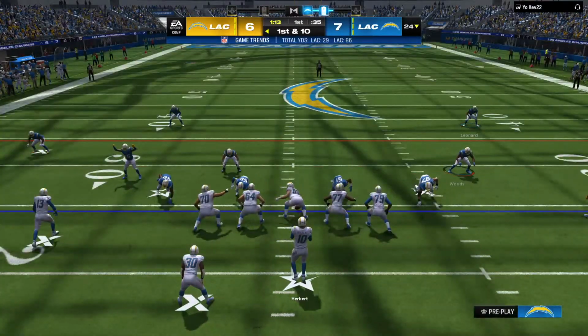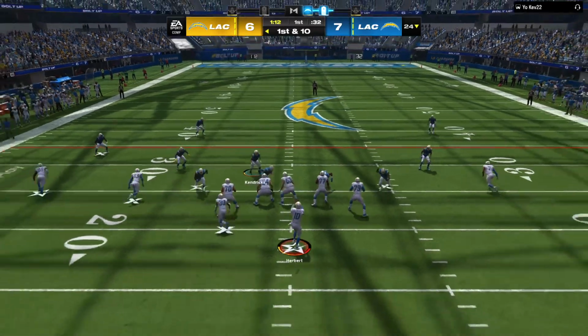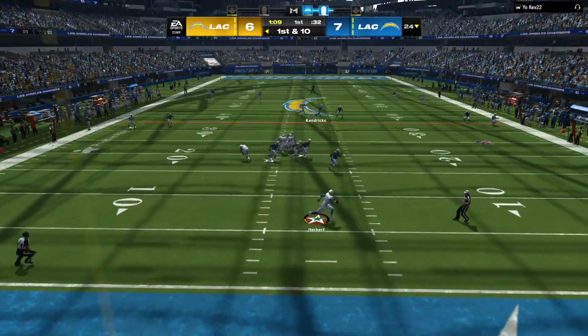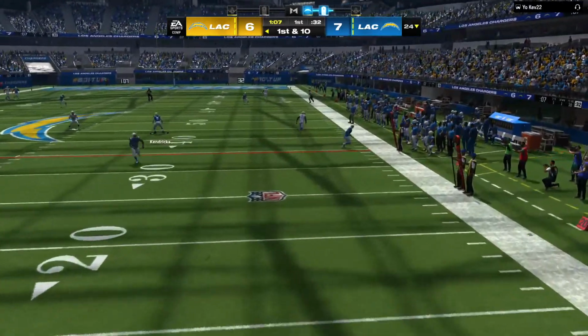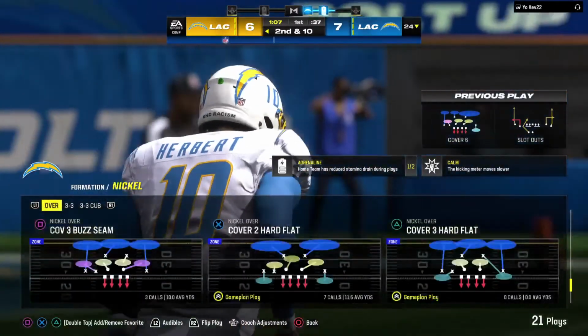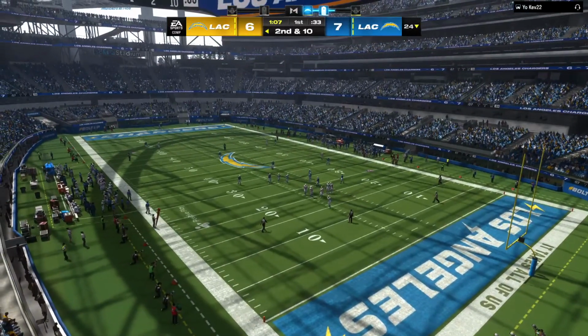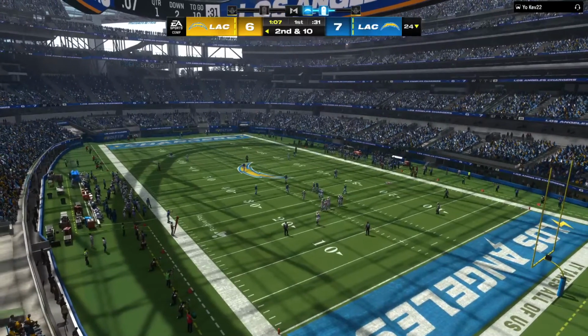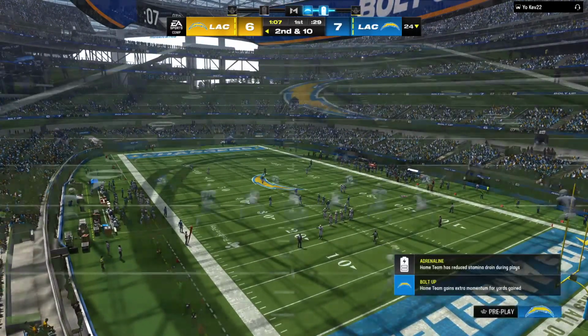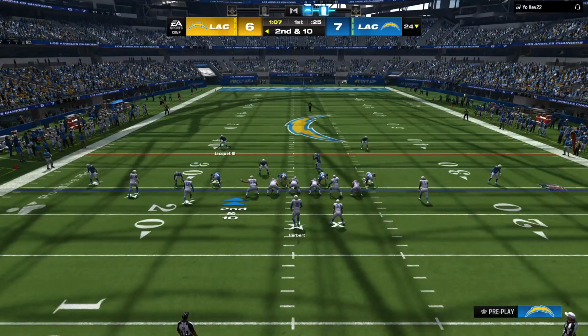The Charger drive about to get going. This drive here beginning probably with a pair of motivated groups. Remember on their last time out, looking to repeat that in Charles's defense. They were very frustrated after giving up 6 the last time on the field. And frankly, it's just a battle of wills in a lot of ways because they're both motivated. They both game plan for this drive, and they both have specific outcomes in mind. To me, it just comes down to who can execute better and which side can step up and assert its